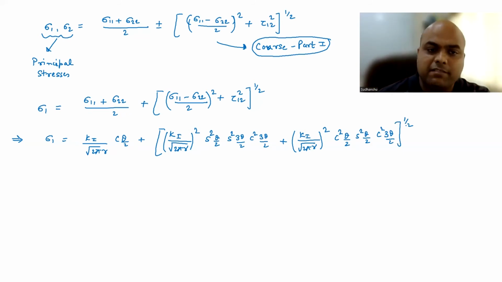So you have to just place the value of sigma 11, sigma 22 and tau 12 given by Irwin. Now if you solve this,